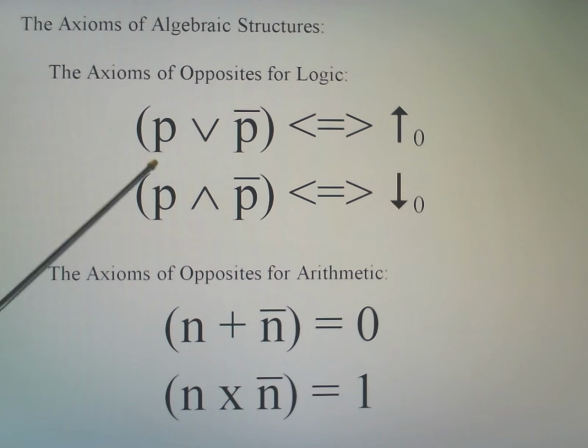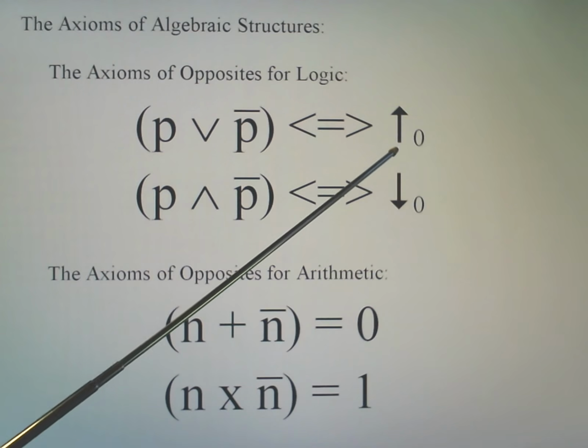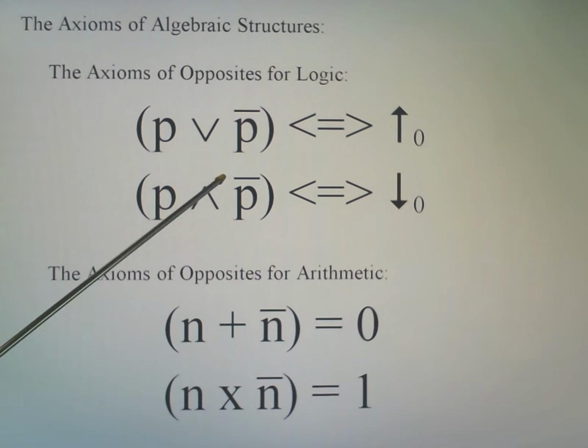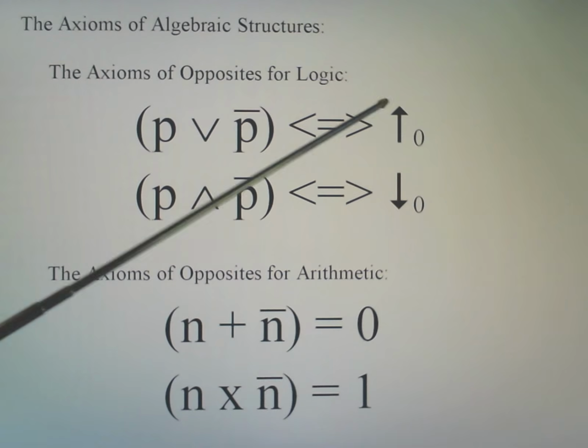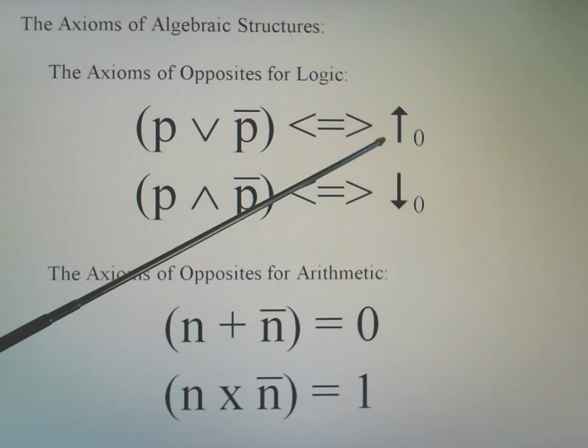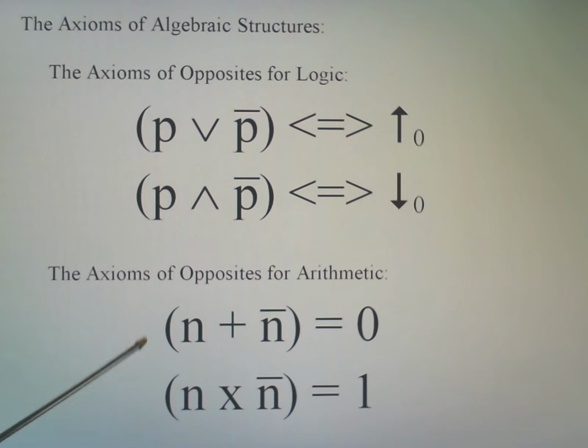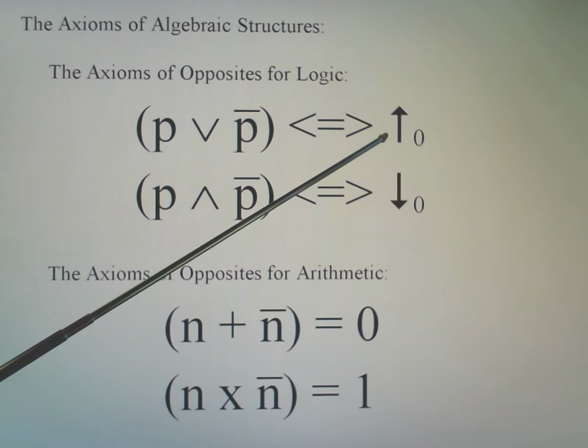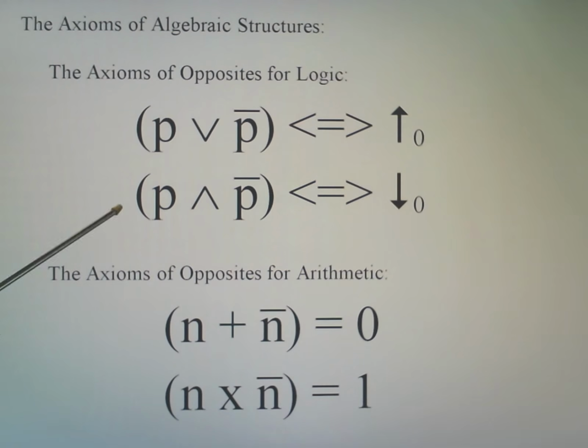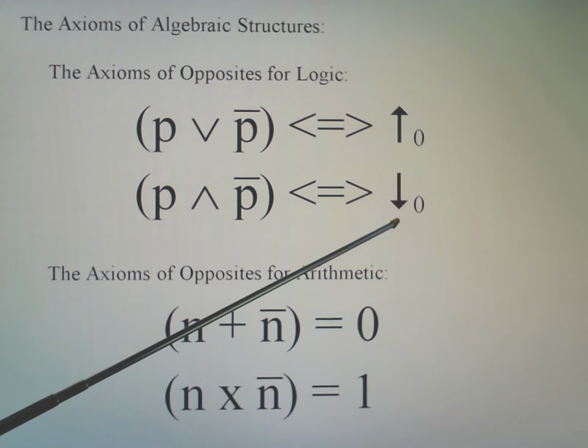It is valid to say P or not P, basically. But as it turns out, this is equivalent to a tautology. In other words, this is always true, just as we have down here. And of course, a tautology being an identity element, when we combine opposite propositions with OR, we do get an identity element. And of course, when we combine opposite propositions with AND, that's also equivalent to an identity element.